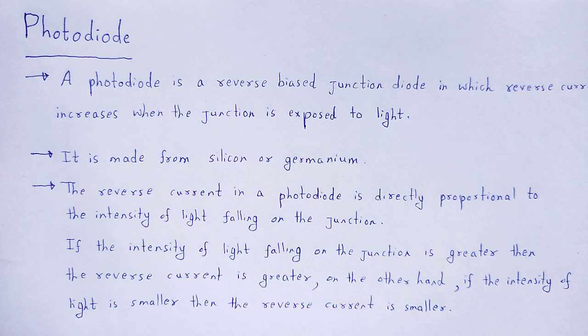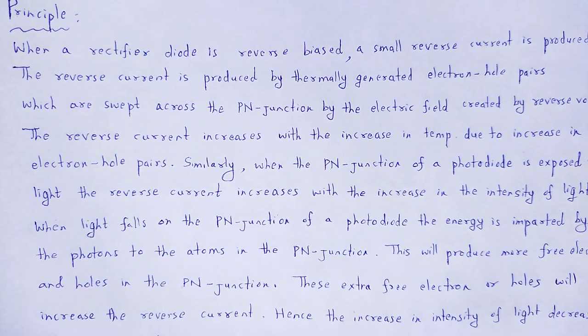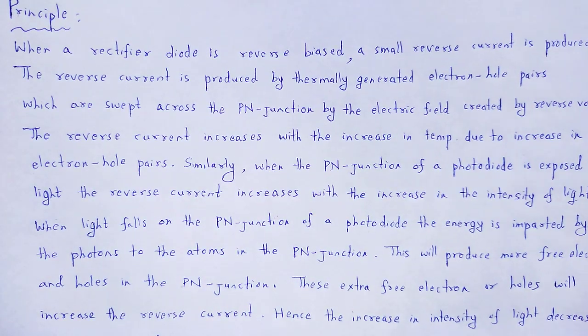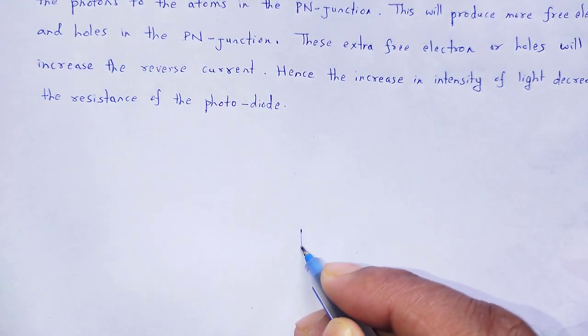Let me explain the physics behind the photodiode. When the PN junction is exposed to light, the reverse current increases. The reverse current is directly proportional to the intensity of light. Let me explain it with the principle. You have to take a PN junction diode